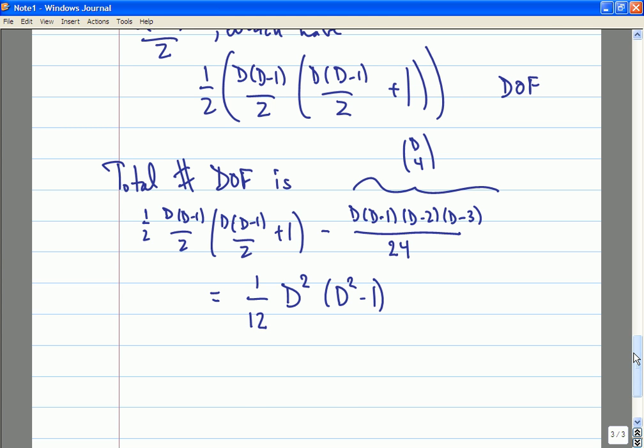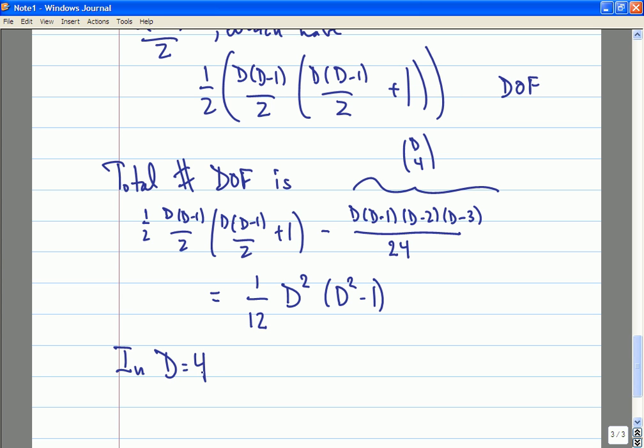Any questions on that? This was just a quick counting of the number of degrees of freedom based on the manipulation of indices. Are there any questions on the logic of that calculation? So the number of degrees of freedom in the Riemann tensor is 1/12 D squared times D squared minus 1 in D dimensions. So, for example, in the case that we will almost exclusively be talking about this semester,